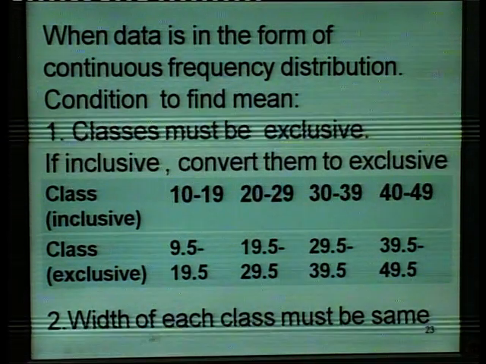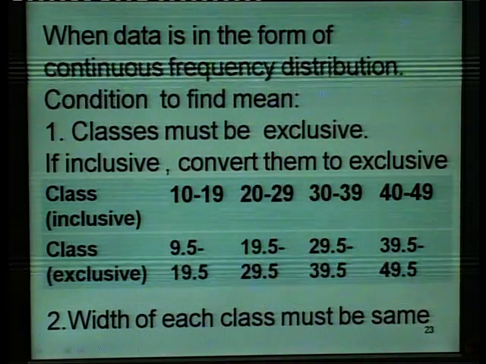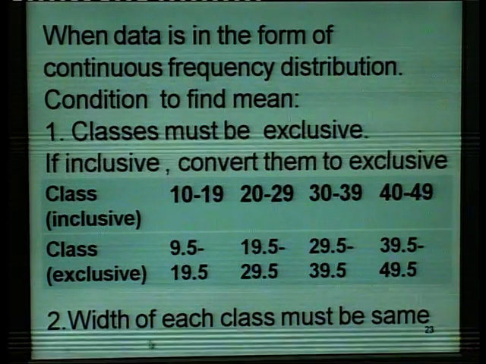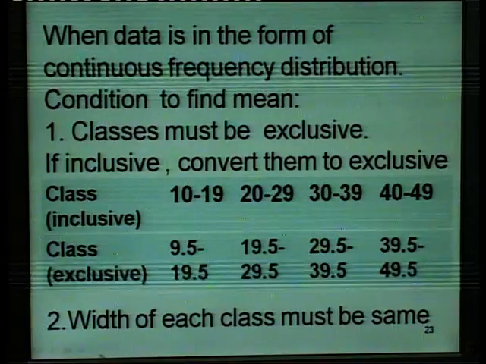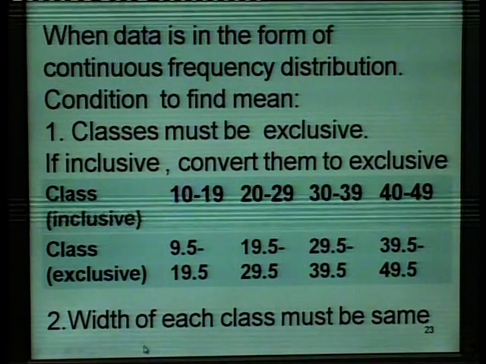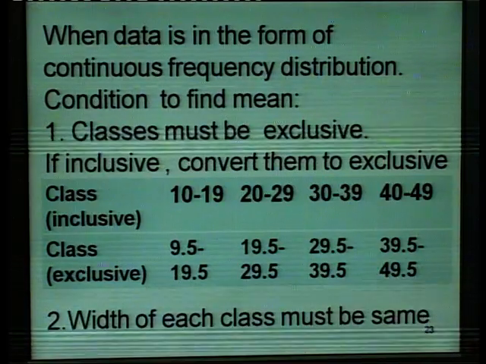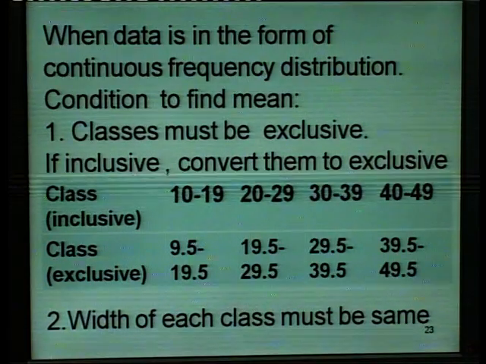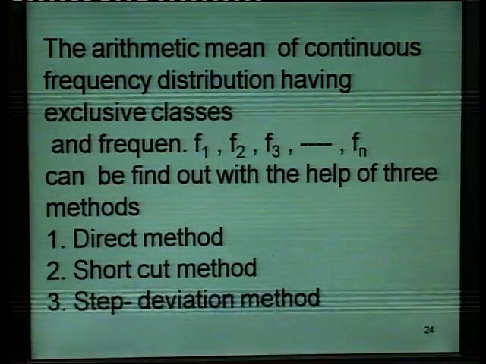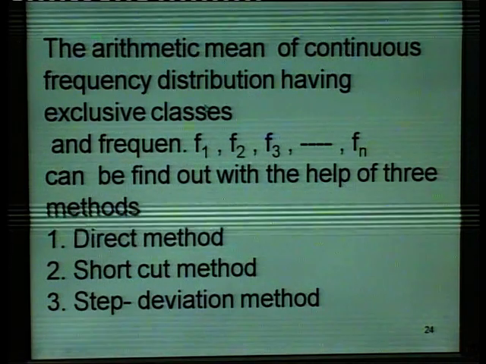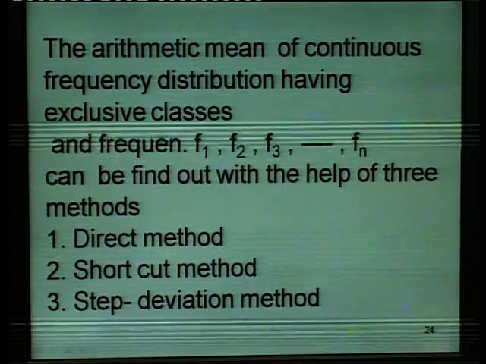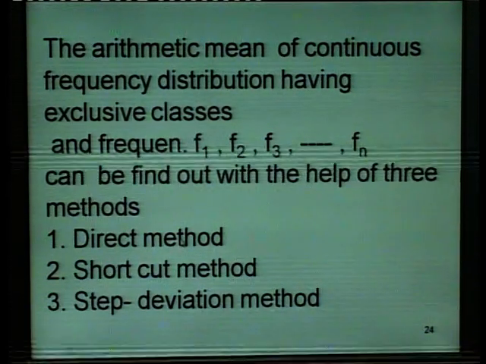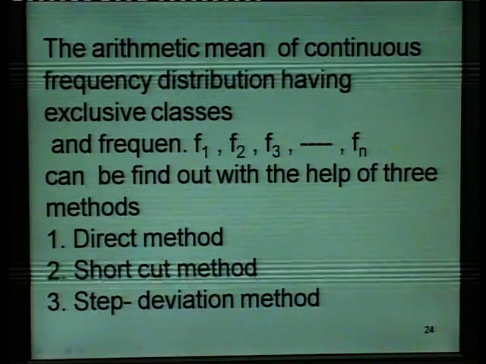The second condition is that the width of each class must be the same. To find the mean, first we check whether the classes are exclusive; if yes, it is okay, if inclusive, convert them to exclusive. The second condition is that each class width must be the same. If different, we rearrange the data so that the width of each class is the same. To find the arithmetic mean in a continuous frequency distribution, we can use three methods: first, the direct method; second, the shortcut method;